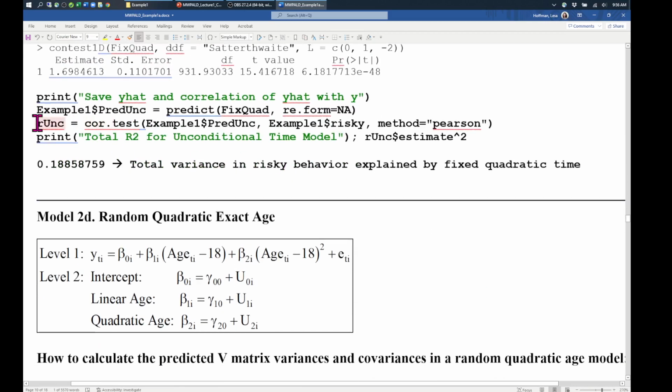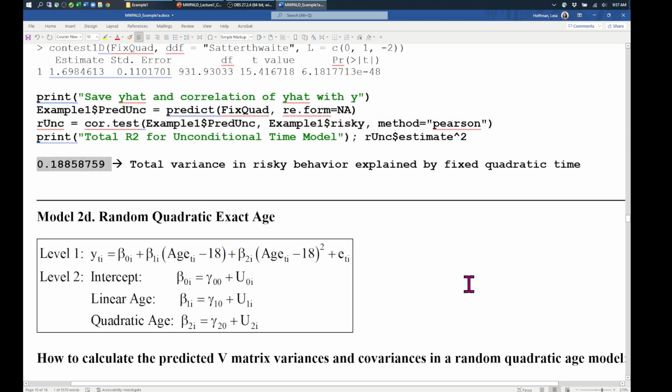And I decided to output predicted values so that I could do a total R². So I'm using the predict function without random effects in it, so predicted only from the fixed effects. I then saved that variable as pred from the unconditional model, meaning just time. I then saved the correlation between the predicted outcome and the real one and squared it, and I get this